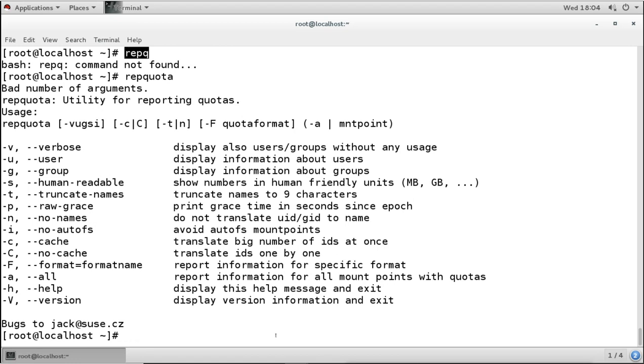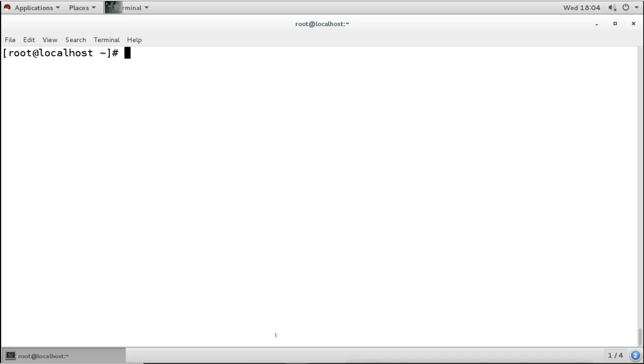So this tab is one of the helps. The second help you have is the up and down arrow keys on your keyboard. These keys will help you rerun commands which you have already run. You have used some commands already and you want to reuse them, so you can get those commands by pressing the up arrow key.